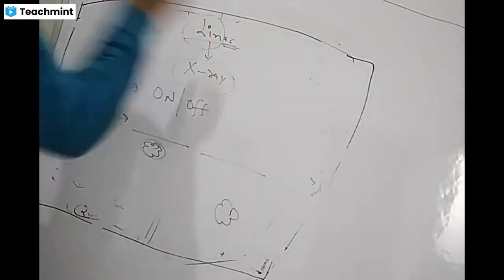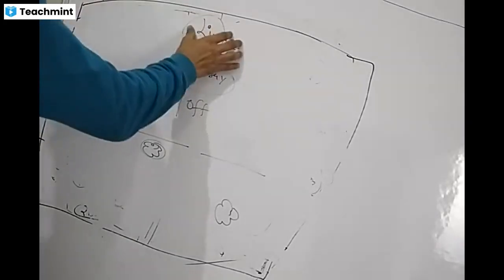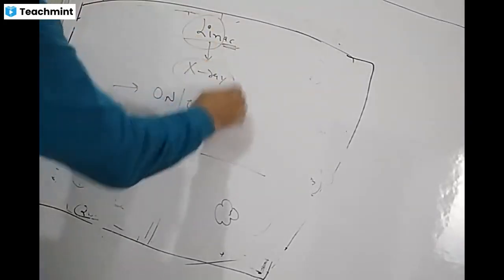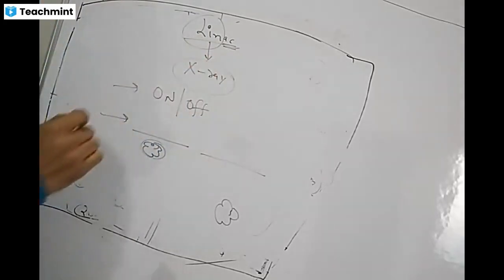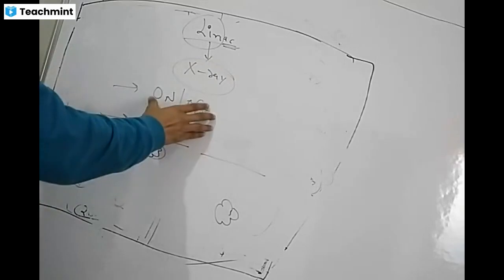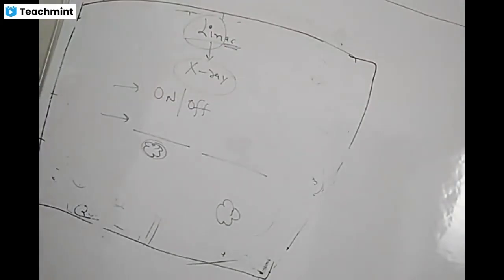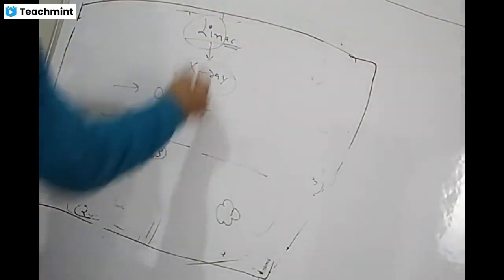So as compared to the cobalt-60 unit, these days we are commonly using LINAC, linear accelerator machine, which generates X-rays for the therapy. Advantage of this machine is we can switch the X-rays on or off, but this control was not there in the disintegration of the gamma rays. Second advantage of LINAC is